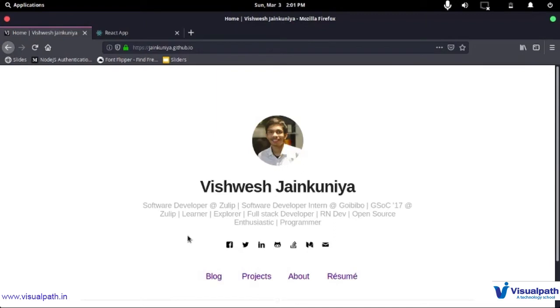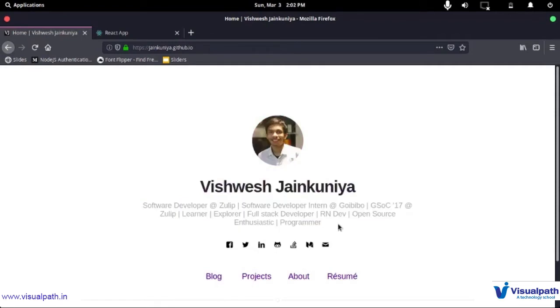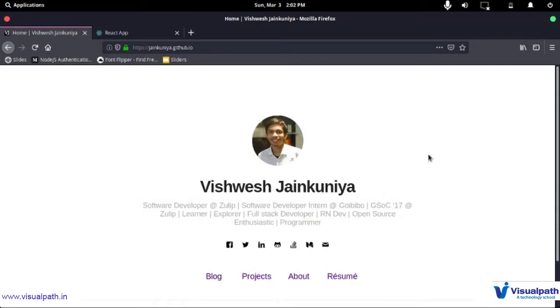Now if I want to talk about components right here, then this whole thing might be a component. It's basically a rectangle with an image and some text, and this is placed somewhere in the web page. Then this might also be a component, which is his information, whatever he wants you to know and whatever you might be concerned with. Then this can also be a component where all his social media details live, and then the navigation itself is a component. Now this is just the home page, and we are going to play around with this app a lot. This is what the basic idea of our app is also going to look like.